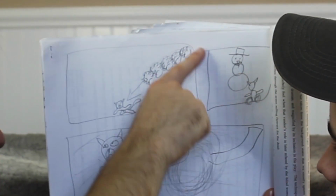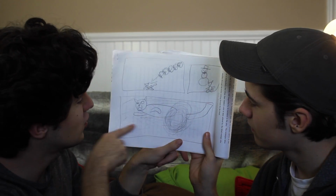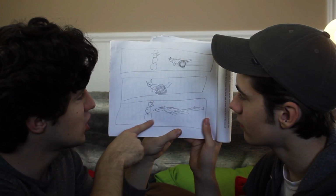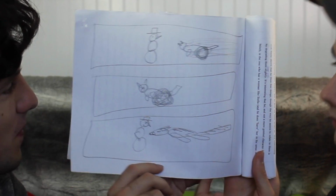Karate Cat has finished her slide and she lands in a superhero pose. Her legs turn into swirls as she runs really fast at this guy. And here she goes, she's running. Karate Cat zooming towards this dude. She's coming. Here she comes. She's the same distance. Just as she collides with the snowman,